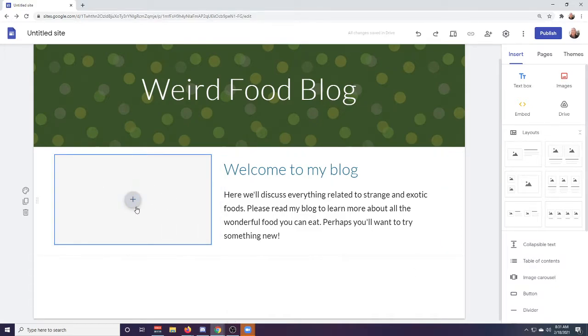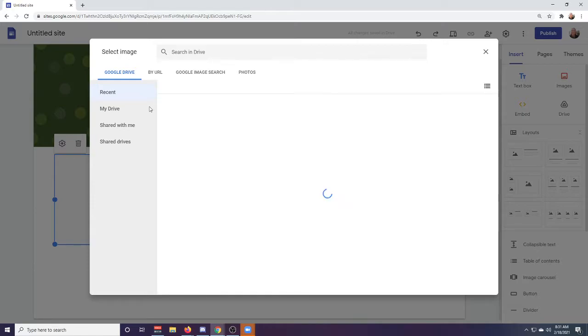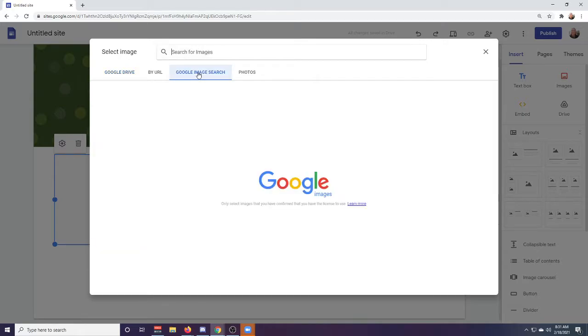So if you hover over this box and click the plus mark, okay, you have some options. I can either upload a picture straight from my computer. I can upload a picture straight from my drive. I can add a YouTube video or maybe some other app, or I can select an image straight from the web. So if you click select image, okay, and go to Google image search up here at the top, I can just Google